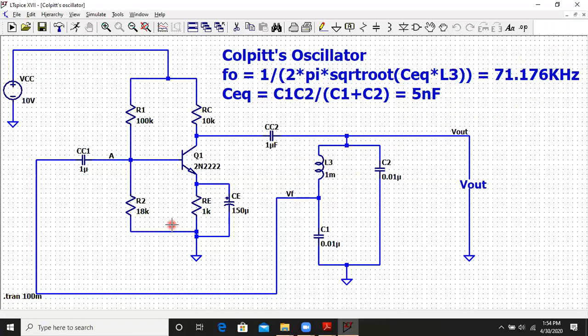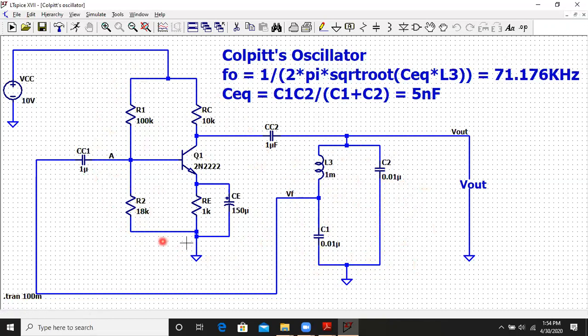As per the Barkhausen criteria, the magnitude criteria is satisfied as follows. The gain of the CE amplifier and the gain of the tank circuit, that is the feedback network, the product should be greater than or equal to 1, slightly greater than or equal to 1, whereas the phase shift around the loop should be around 0 or 360 degree.